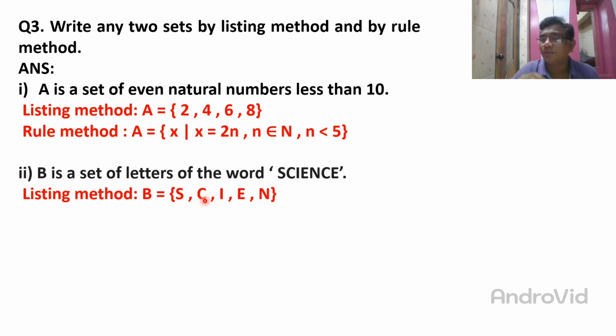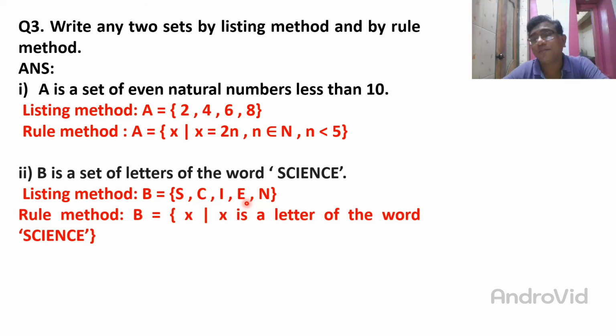Is that clear, my students? Because here you are making mistakes. Keep it in your mind: if the same element is coming again and again, so many times, then you can write it a single time only. Don't write how many times it is coming, only write it a single time. So here C is written a single time. This is not written. Then C, E, they are also coming 2 times, but you write them a single time. So here I write I a single time. Is that clear? So in the list method, keep in mind that if the same element comes again and again, then you can write it a single time.